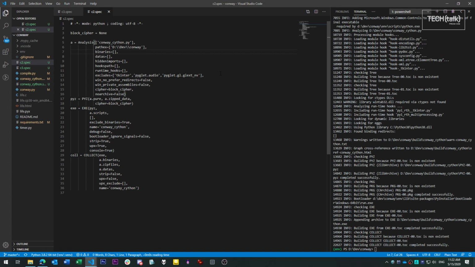So, to avoid this problem, you can exclude packages or namespaces within packages by listing them in the excludes section here. For instance, I don't need tkinter for this application, so that's one of the things that I've listed as an exclude. But you do have to be careful that you don't exclude something that's actually needed somewhere further down the line, so be sure to test this thoroughly before passing the packaged program along to others.